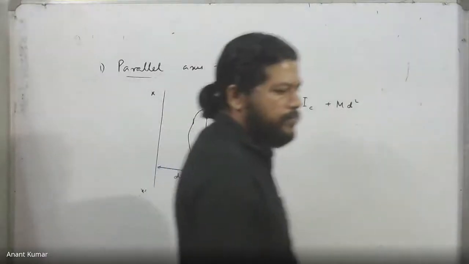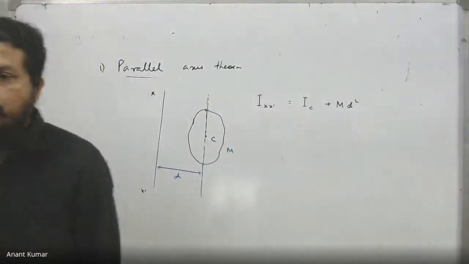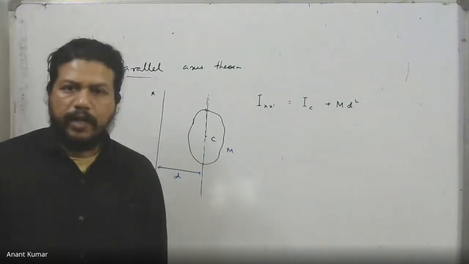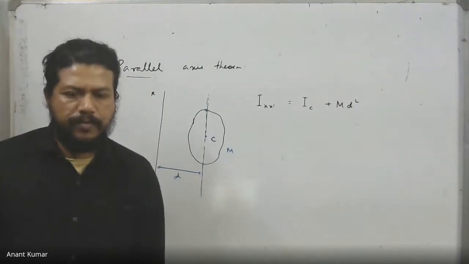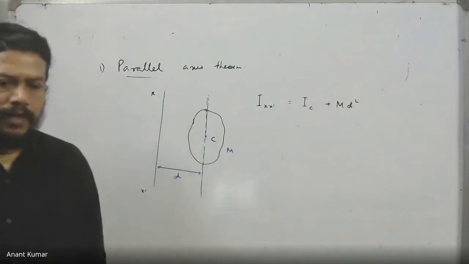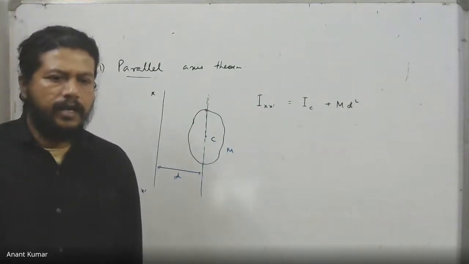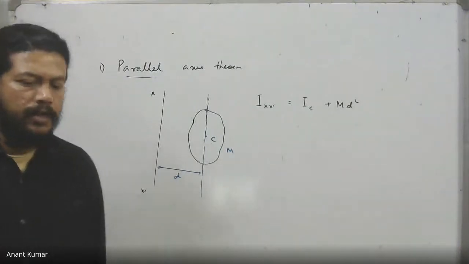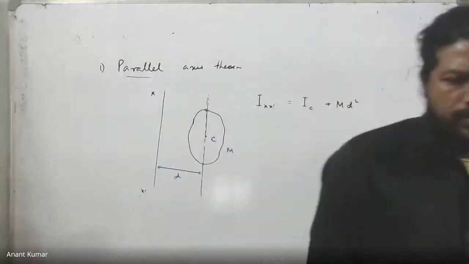Actually, I was saying that we can always divide the motion or the properties into a sum of two things. One will be the property of the center of mass, and the other one will be the property about the center of mass axis. Actually, it is in line with the same thing. I'm just first finding the moment of inertia about the center of mass axis, and then concentrating the entire mass right at the center of mass and obtaining the moment of inertia of that point particle. That is why we have m d square. Okay, that is the parallel axis theorem.